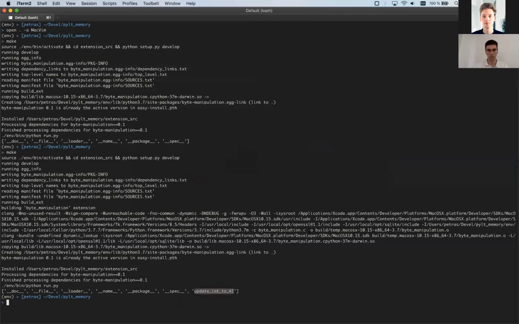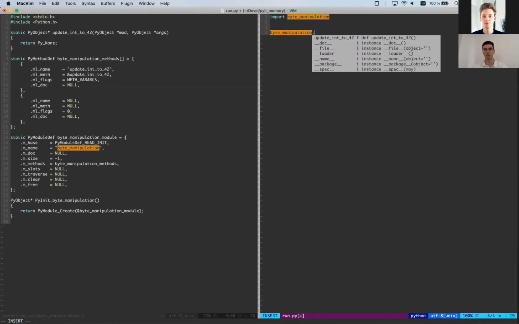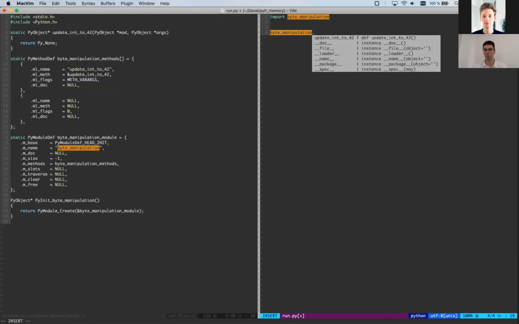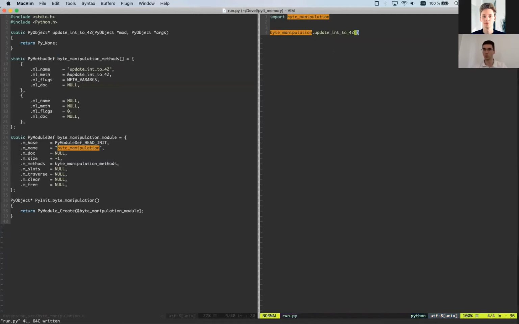Okay, we already have this function in our module, byte manipulation. So let's try to call it. Okay, I just get auto completion. Okay, nice.